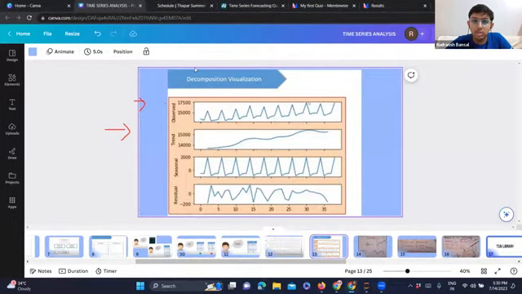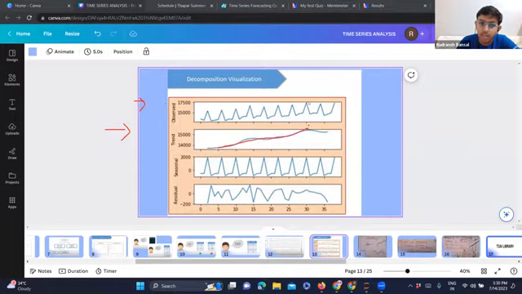So let's look at this decomposed visualization. As you can see, this observation over here is increasing over time. So we can clearly see there's an upward trend, which is indicated by this diagram. And the seasonality component: if you remove this trend component, we can see the seasonality remains more like stationary. The mean remains stationary with this seasonality, right?